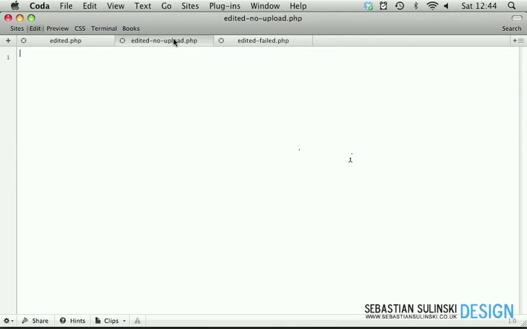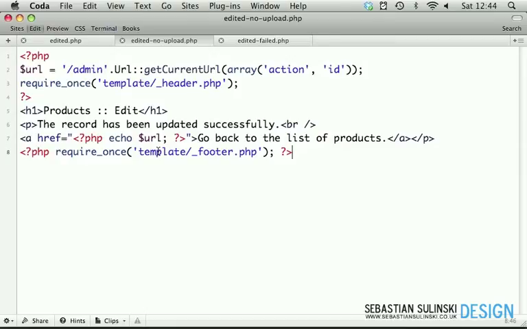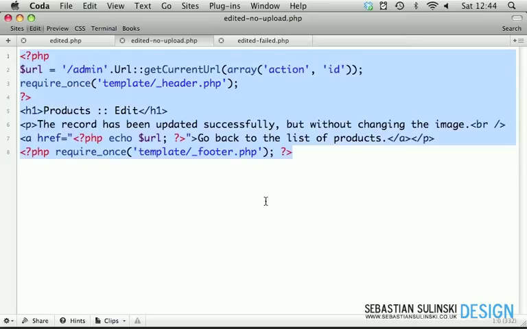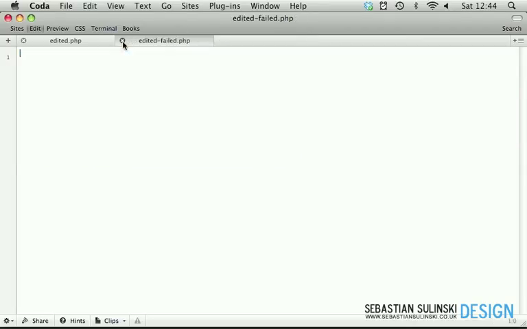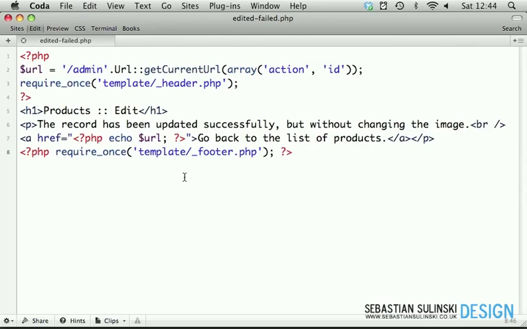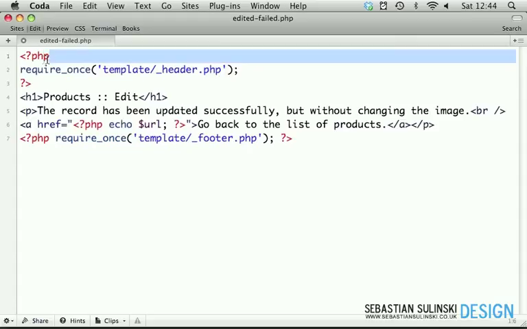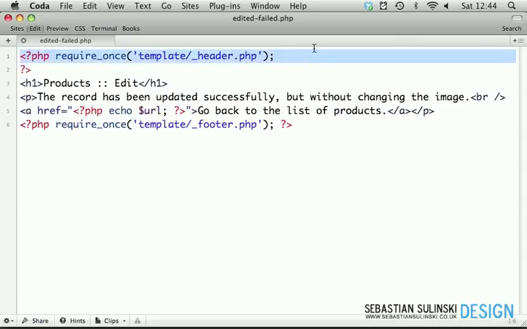So if we now copy this, go to edited no upload, and we keep this one, but then it's going to be comma, but without changing the image. Okay, again, select all this. We can close this one and edit it as well. Go to failed, and now we can remove this URL here. We can move our require once onto one line,